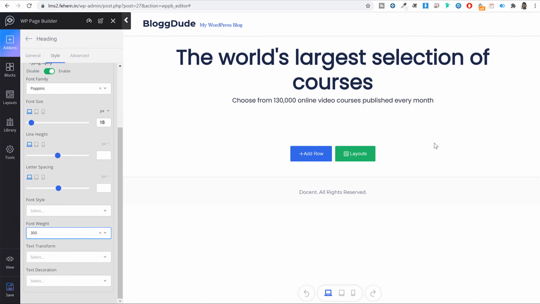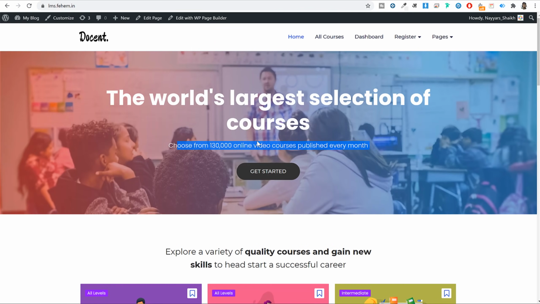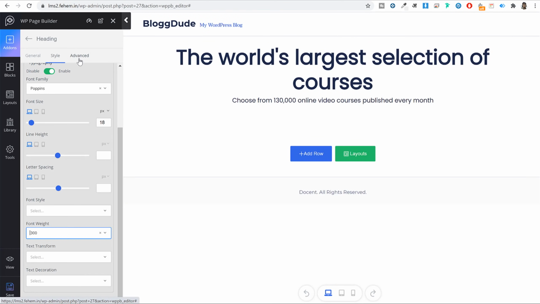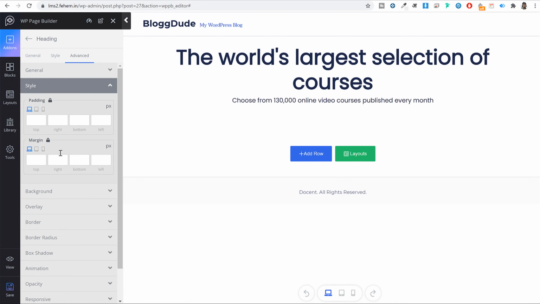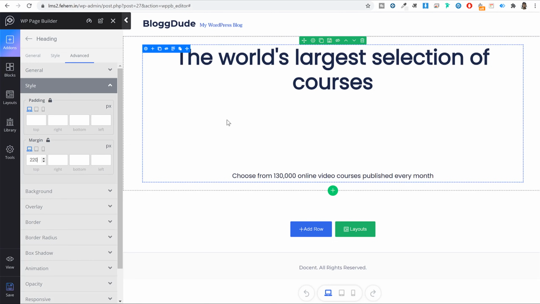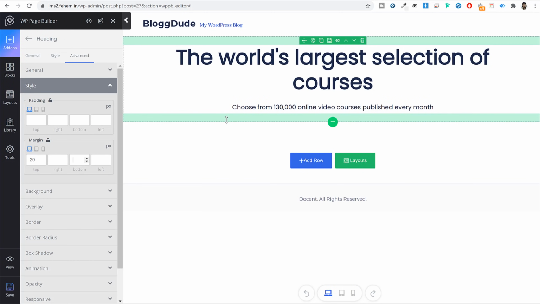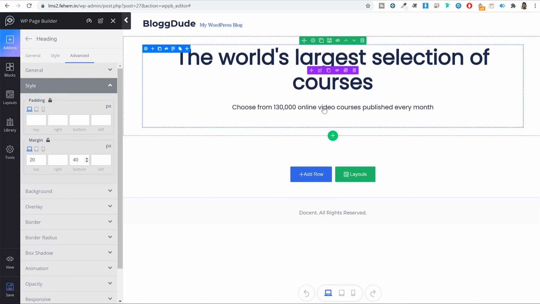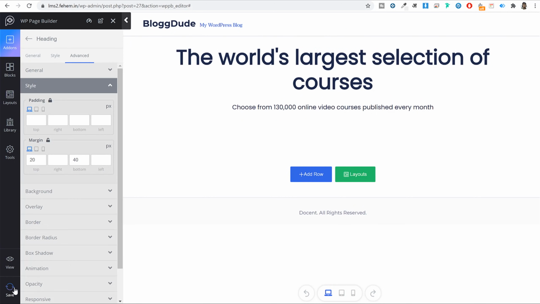Okay, looking much better. Now let's add some space at top and bottom, because if you see above and below this text, there is some space. So to add this space, you can go to advanced, you can go to style under advanced, and here you have margin and padding. So you can select this padding option, or you can select margin option, whatever option you want. First of all, make sure to delink this thing. If you see this lock pad, click on that thing so that it is delinked. Now on top, I want to add 20 pixels, not 200, 20. And at bottom, I want to add 40 pixels. Now, as you can see, space at top and bottom is added, I can again click on save.